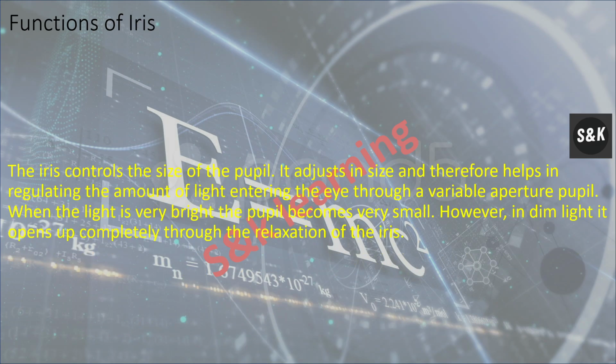Function of the iris. The iris controls the size of the pupil. It adjusts in size and therefore helps in regulating the amount of light entering the eye through a variable aperture, the pupil. When the light is very bright, the pupil becomes very small. However, the light